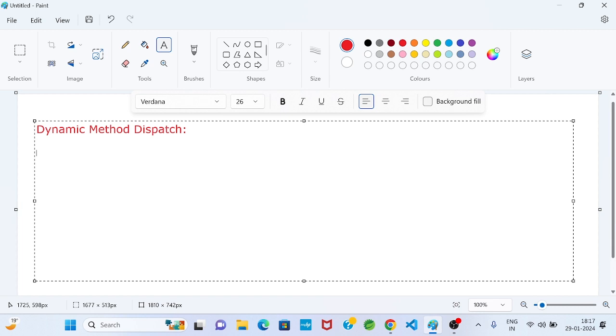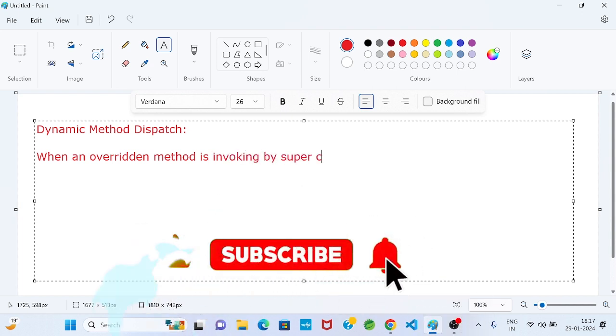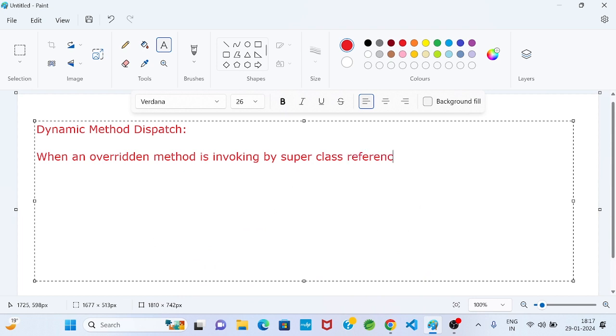Method here means the overridden method. When an overridden method is invoked by a superclass reference to perform multiple tasks,